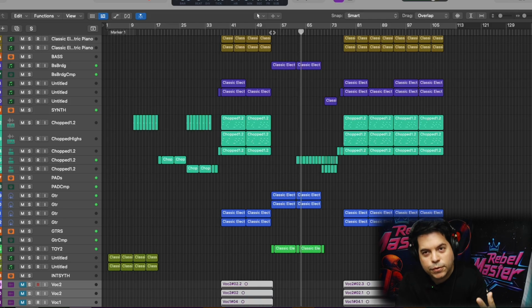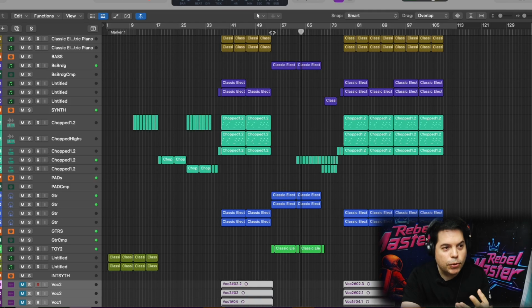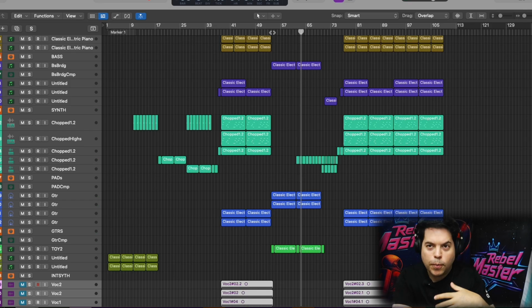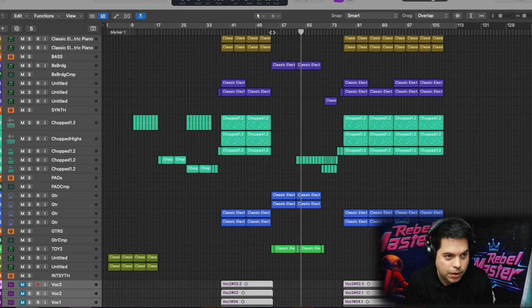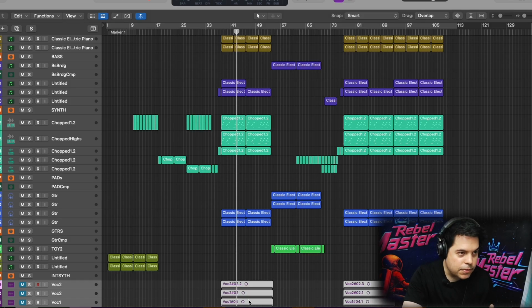This is more atmospheric. We still start using the cuts that we had from the sample. We still made more effects into it. It's another verse, another part of the song, which I think goes well with the entire song. So as you can see here, we got our chorus 1 and our chorus 2